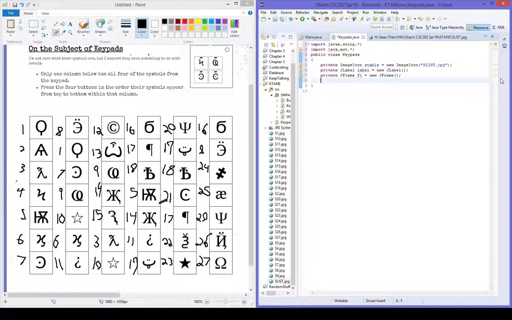And also, last but not least, well, we'll do that later. Basically, this is just going to set up our regular stuff. So when public keypads, when the constructor is built,